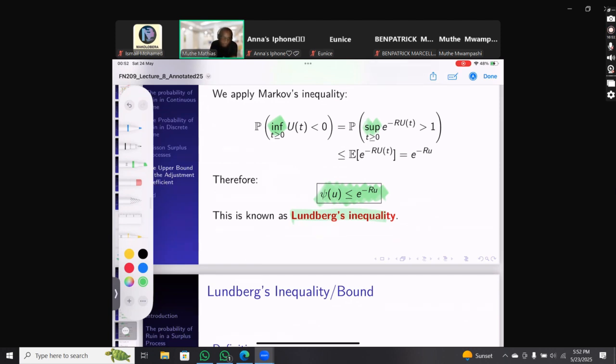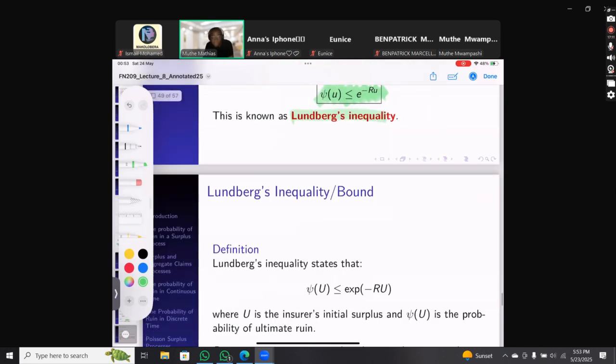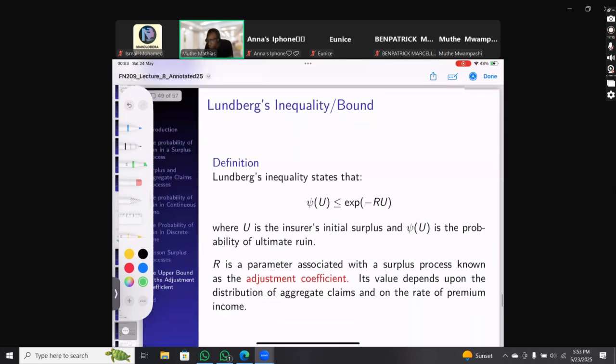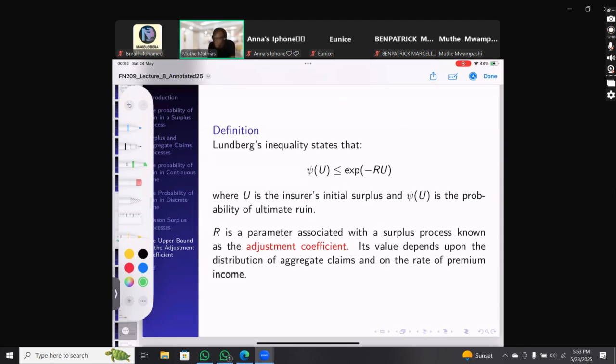In the source, we have a theorem, and this theorem may state this and this and this, right? And then applying, of course, the Markov and then the Lundberg inequality, you end up with the ultimate probability of ruin, which is given by this one here, right? So what you have to understand in this case is simply the upper bound for the probability of ruin. I will not ask you to prove this. So of course you have this definition now that the Lundberg inequality, the upper bound for the probability of ruin, is simply given by this part here, right?